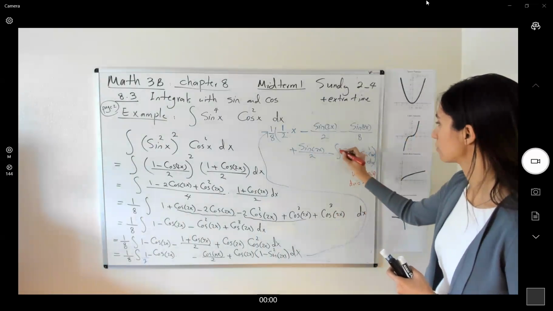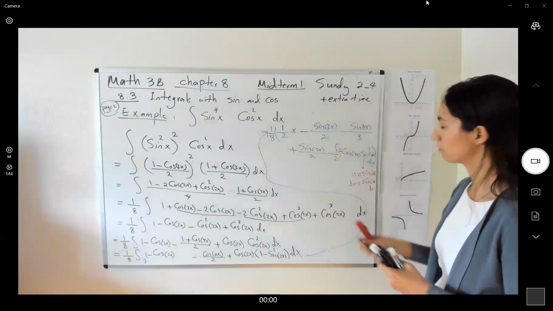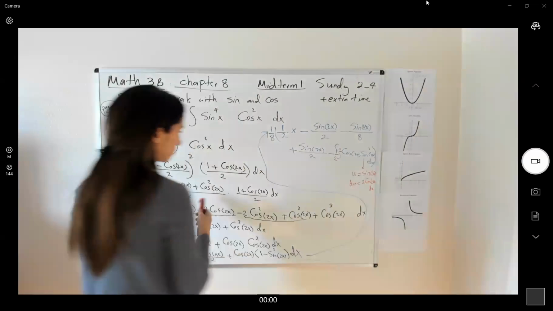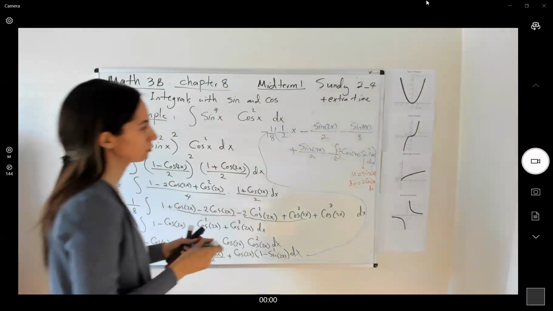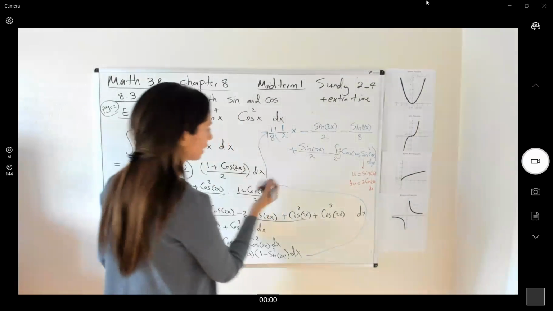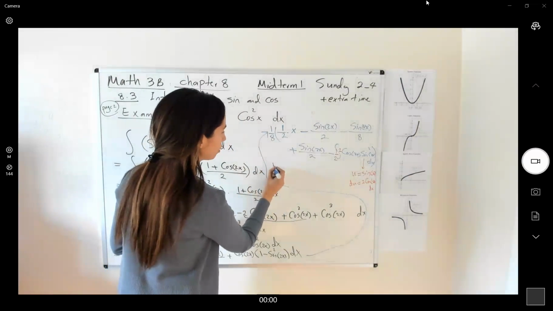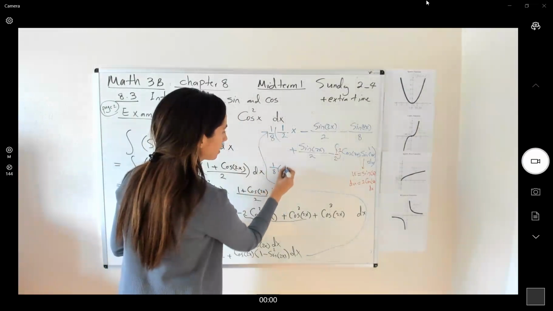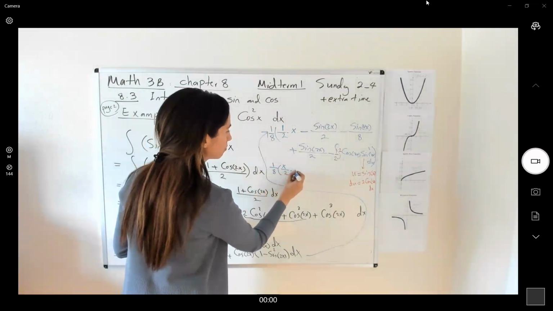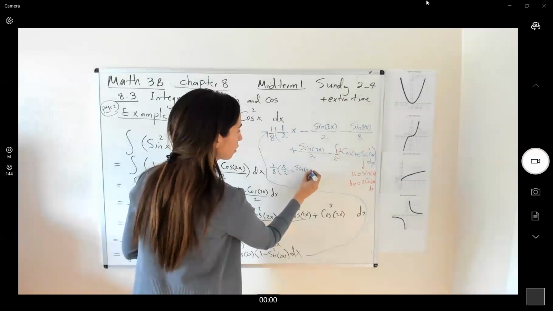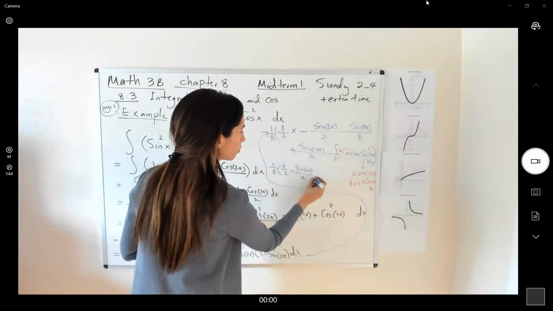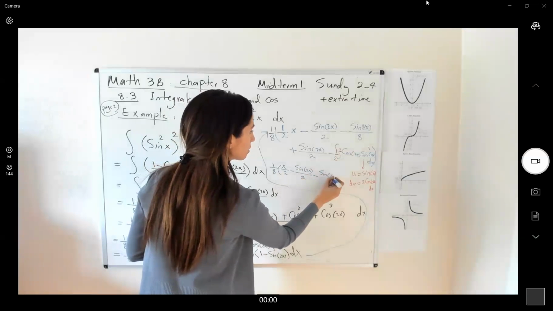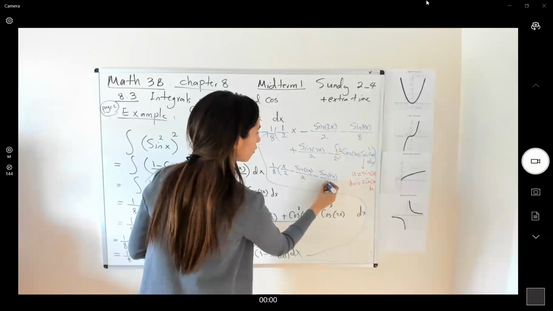So since we don't have 2, we multiply and divide by 2. And eventually what do we have? It's going to be 1 over 8 times x over 2 minus sine 2x divided by 2 minus sine 4x divided by 8